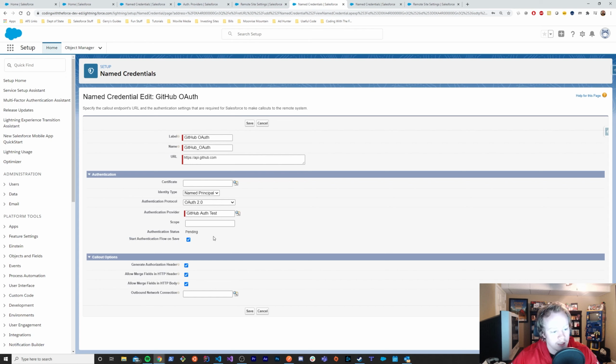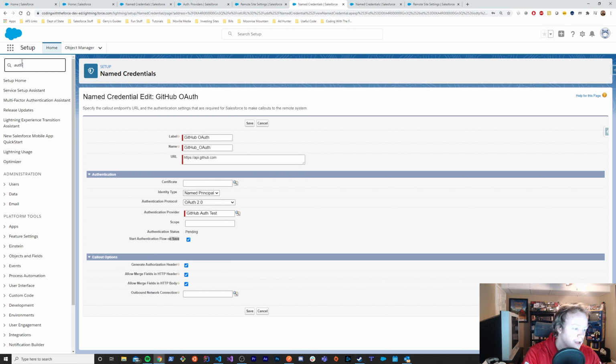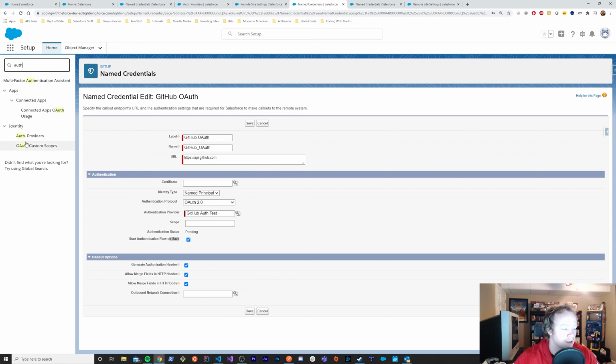I know that's at a high level, but hopefully that kind of explains them. Let's go over this authentication provider and how you set that up. So if you didn't know, over here in setup you can do auth provider. I'm just going to type in auth. There it is. I guess I needed a period. So there's an auth provider